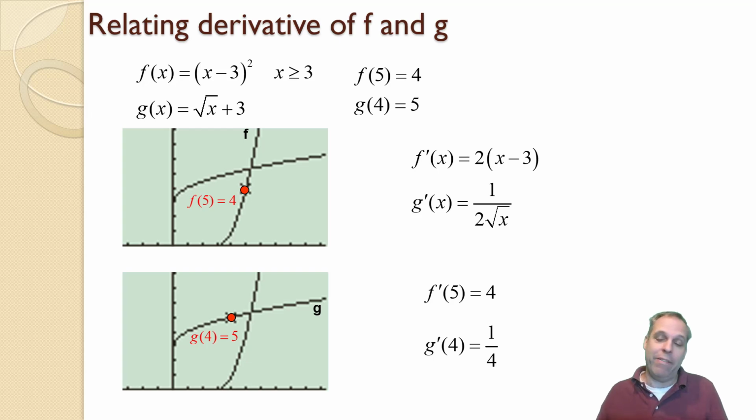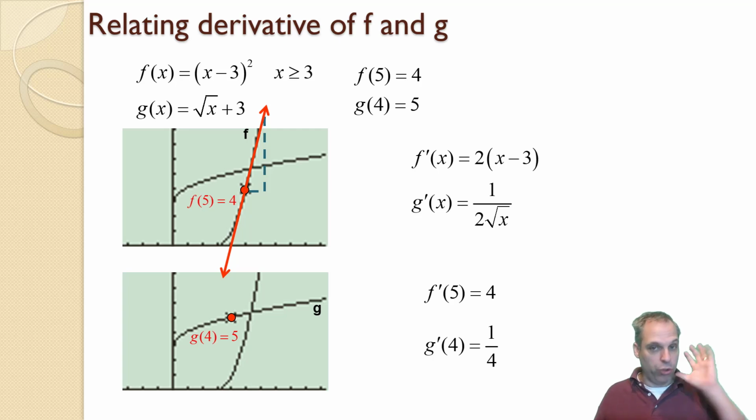And yeah, it's not even that hard to see why it should be. The proof, of course, is more challenging, but to see why it should happen is not that hard. Look at the tangent line to the graph of f at the point (5, 4). Notice there is a corresponding change in x and y. Think of those as numbers. There's a certain change in x, a certain change in y, and the slope is the change in y over